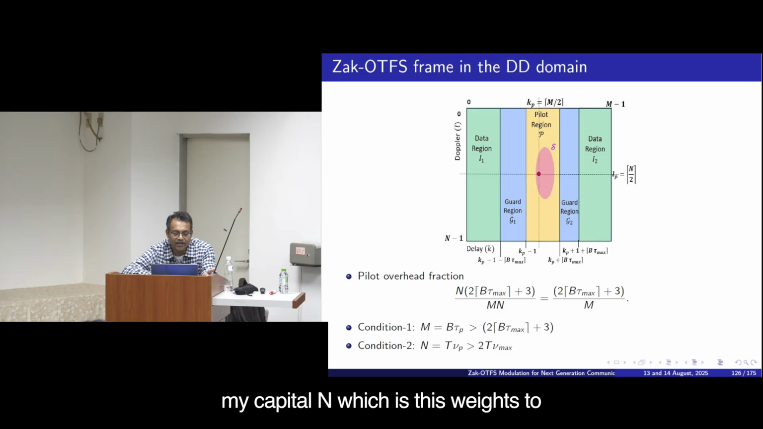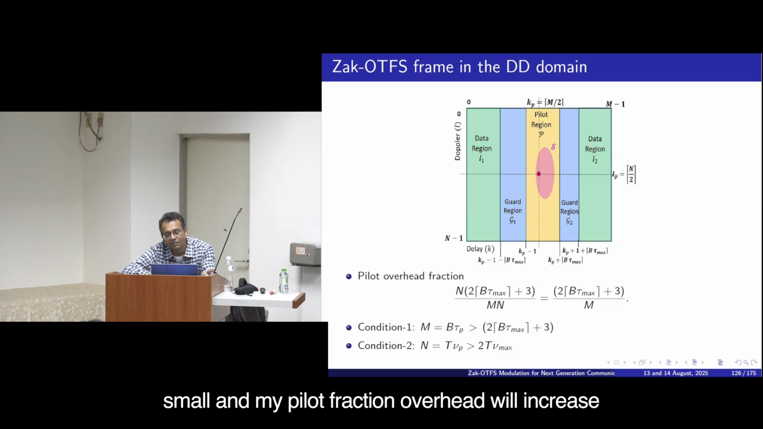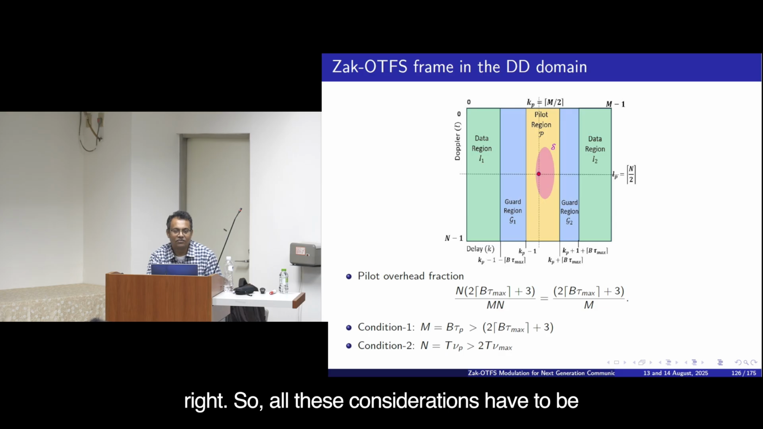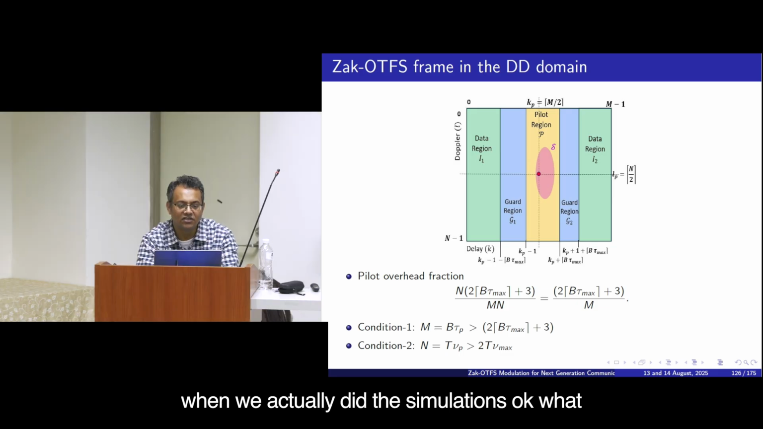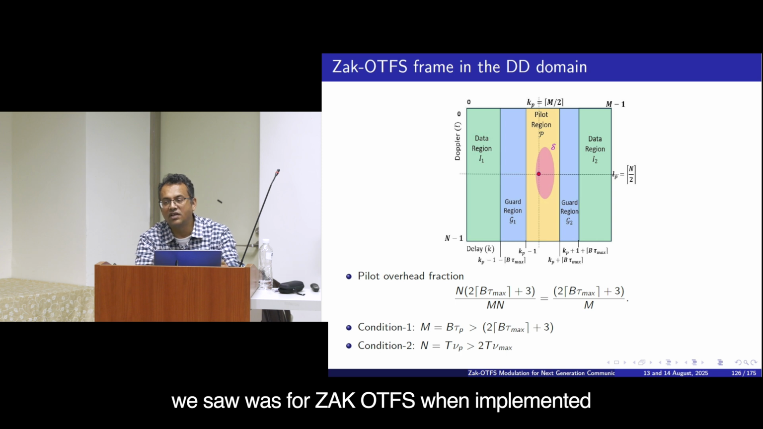If I choose my capital N, which is this weight, to be very large, my capital M will become small, and my pilot fraction overhead will increase, right. So, all these considerations have to be taken into account. And it turns out that when we actually did the simulations, what we saw was, for Zach OTFS, when